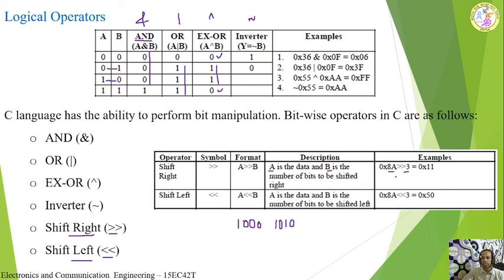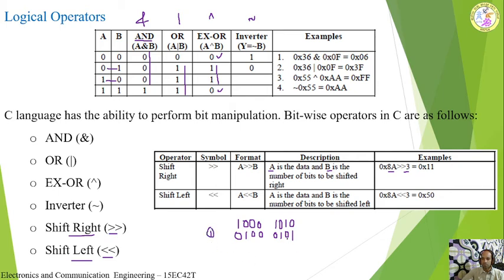You need to shift towards the right side. Right side means for the first time this 0 will be discarded. Now this 1 will come here and this 0 will come here, because we are shifting all the bits one time towards right, and this 1 will come here and this 0 will come here and this 0 will come here and this 0 will come here and this 1 will come here. Now this position is left. Now from the left side, we keep appending 0. This is for the first shift, one shift.